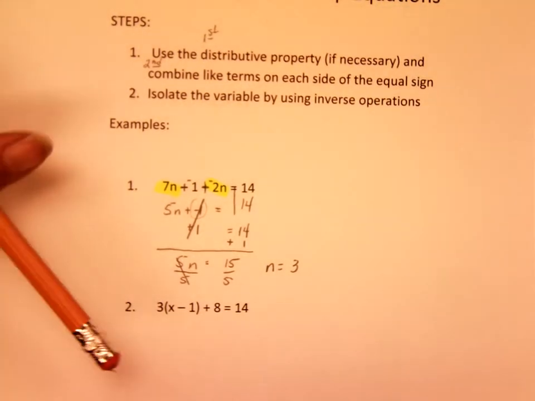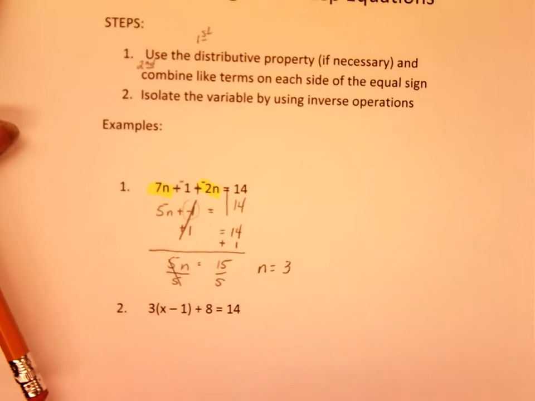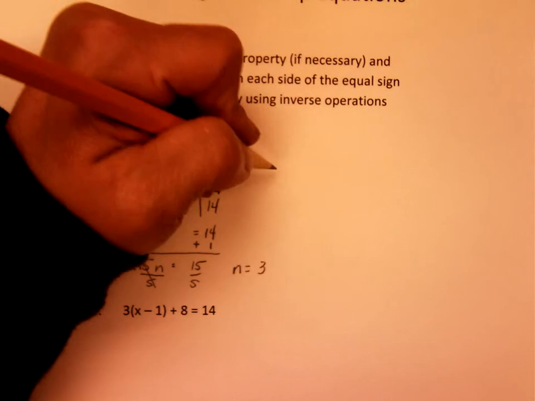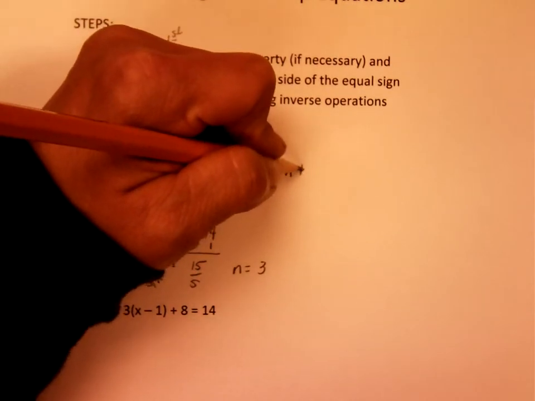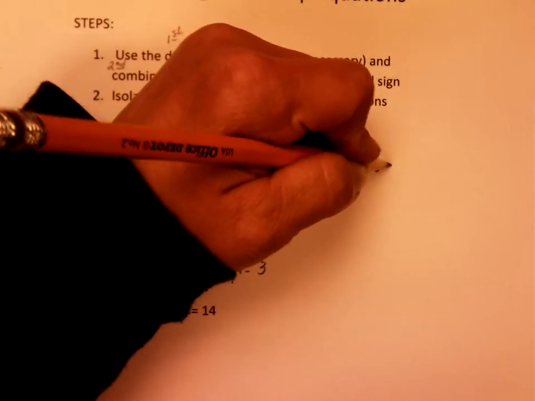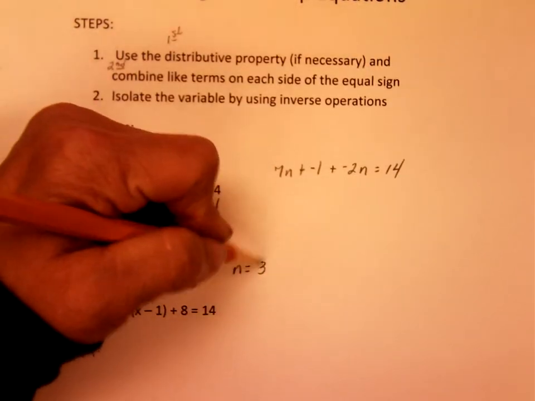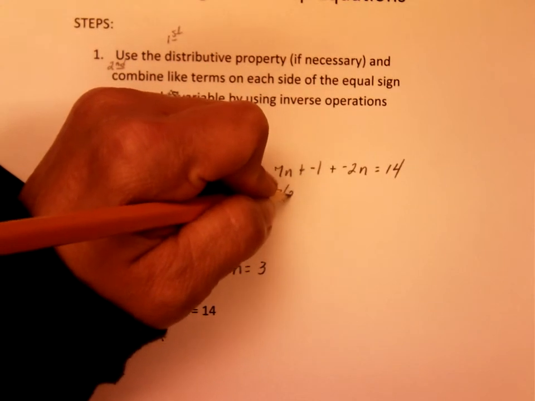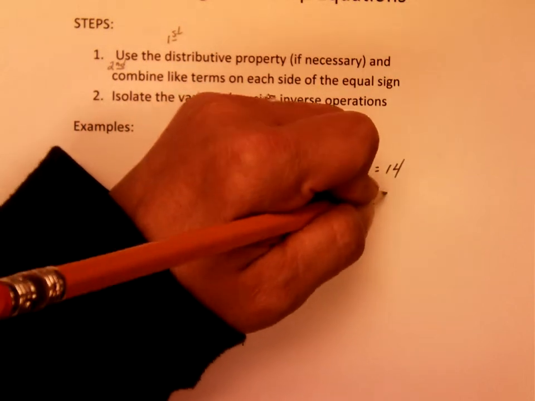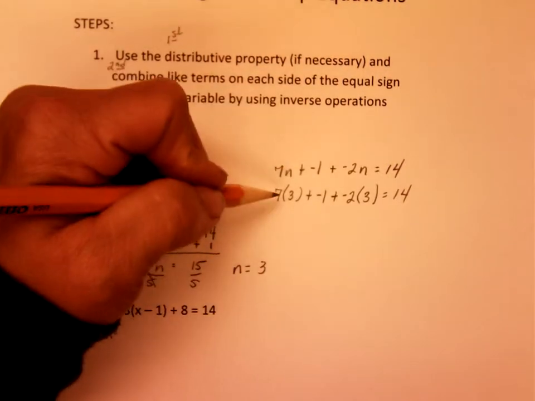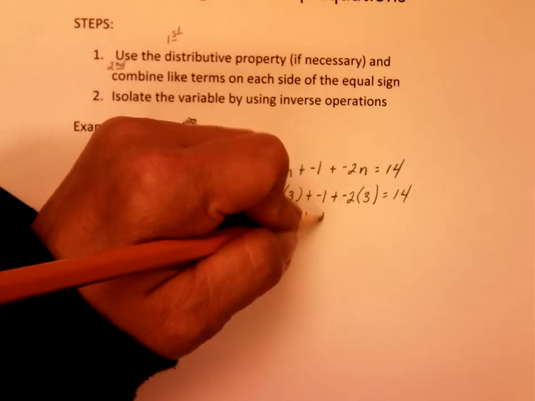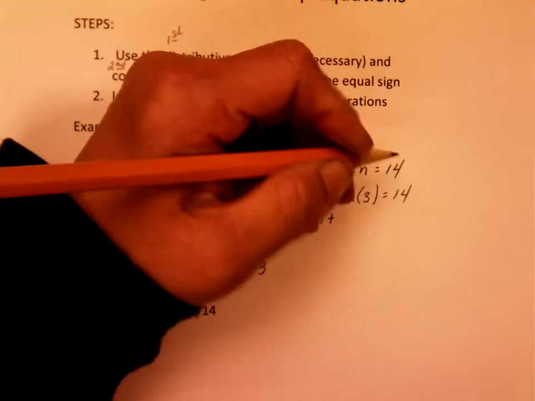All right. Now, if you wanted to do your check, I'm not going to require you to do your check, but if you wanted to see if you were correct, here's what you do. Rewrite the original problem, 7n plus -1 plus -2n is equal to 14. Replace your n's with 3, so you have 7 times 3 plus -1 plus -2 times 3 is equal to 14. Multiplication by order of operations, so 7 times 3 is 21 plus -1 plus -2 times 3 is -6